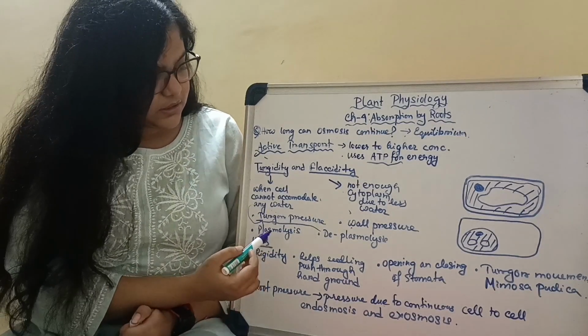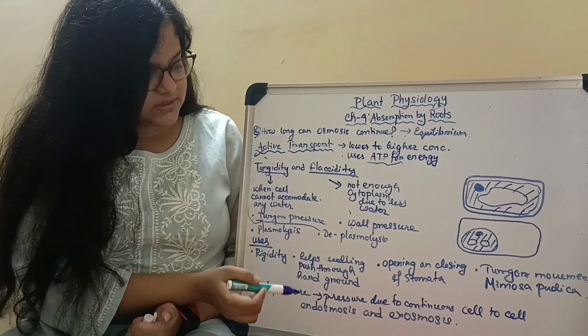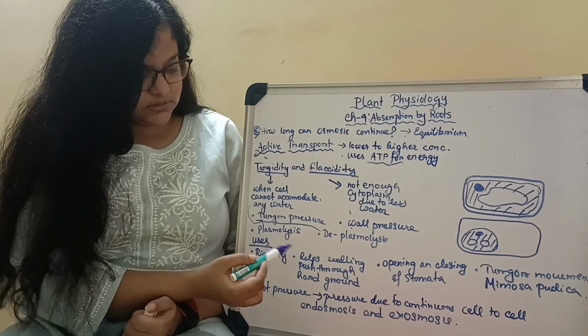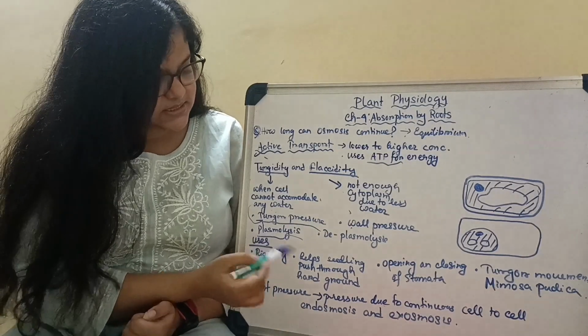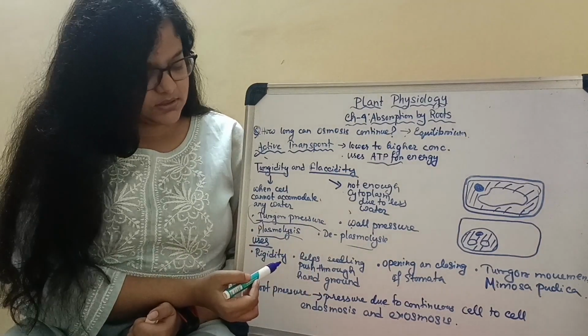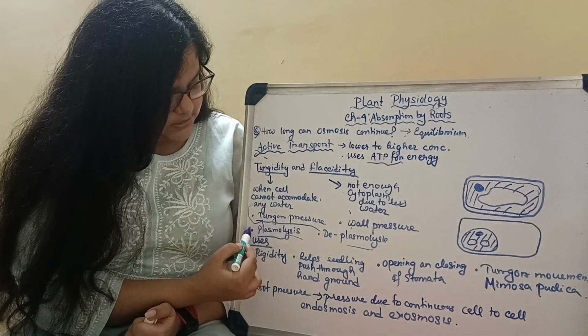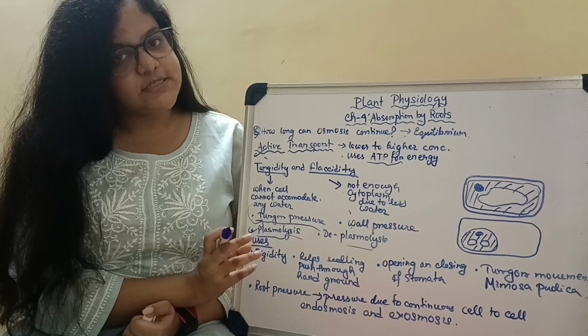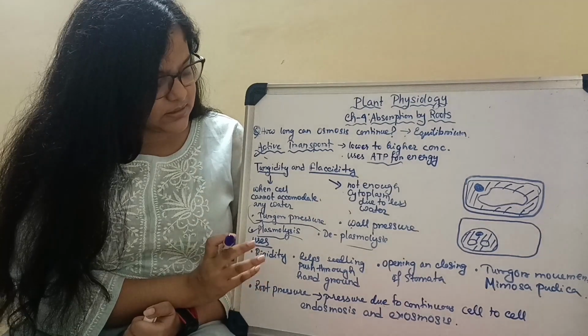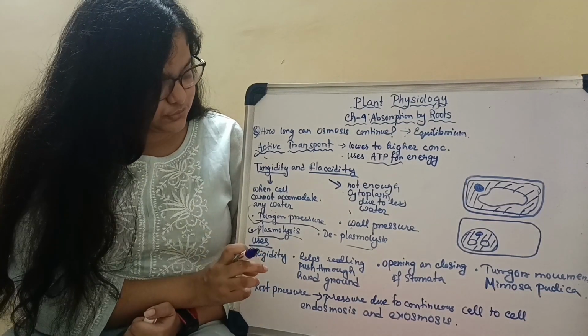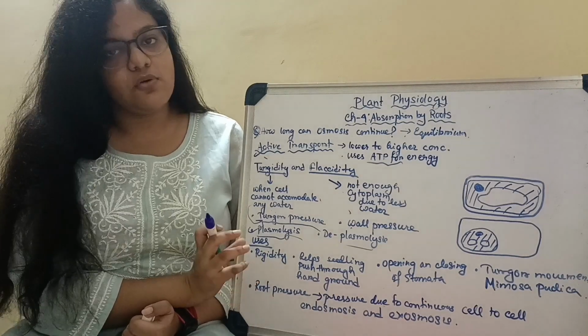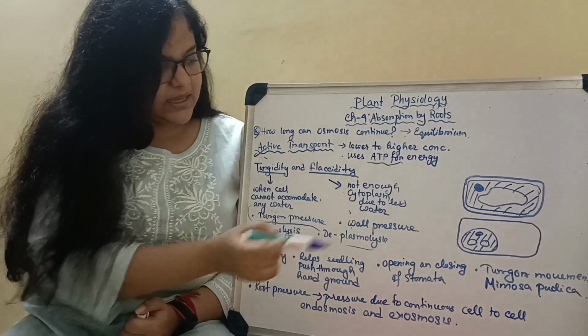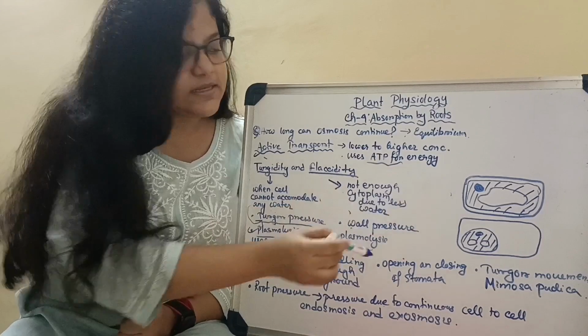Now due to this turgidity and flaccidity, दो चीज़ें होती है, वो है plasmolysis and deplasmolysis. Okay. Now what is plasmolysis? Plasmolysis is the shrinkage of cytoplasm from the cell wall due to the absence of water. Okay. As you can see here, this is a normal cell with proper